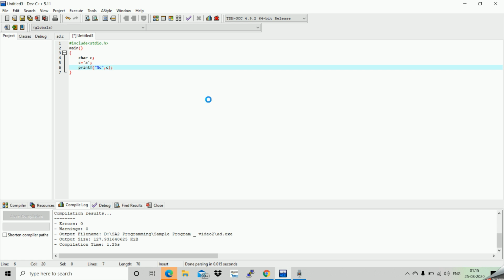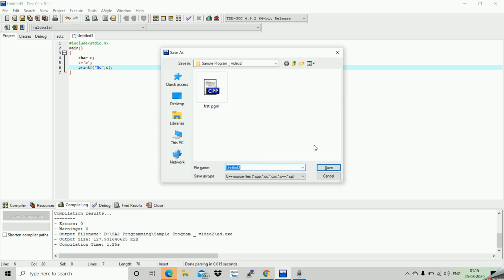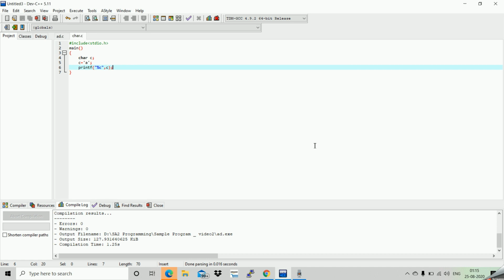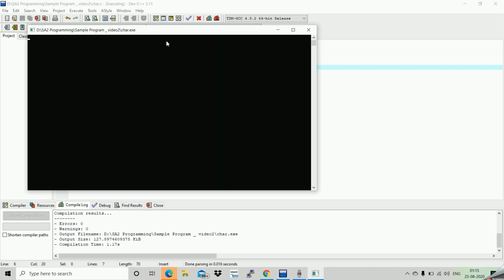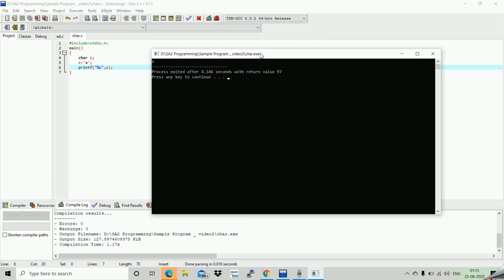It should end with a semicolon. Now I will save it as char.c. I will just compile it. Let's see if there are any errors. No, errors are 0, warnings are 0, then it's good to go. I can run it. Here you can see character A has been printed.